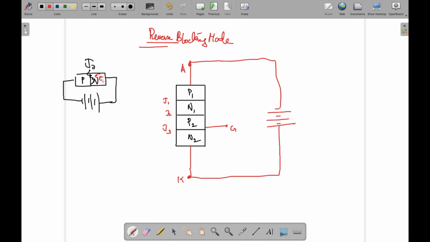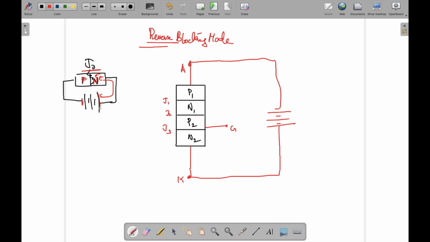So now what would happen? These electrons will get attracted to the positive, since unlike poles attract. So we don't have electrons trying to move across this junction. If the electrons try to move across the junction, then only a current will flow. Here the electrons are attracted by the positive terminal, so naturally the current will not flow across. So that is why this is called a reverse bias junction. If we have the P region connected to the negative terminal and the N region connected to the positive terminal, we have a reverse bias condition.